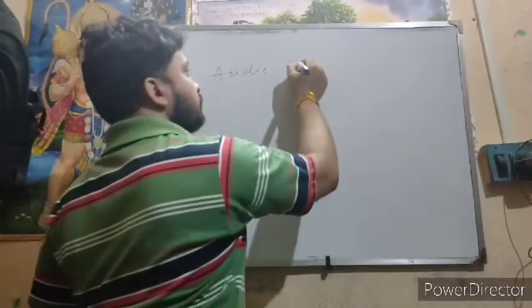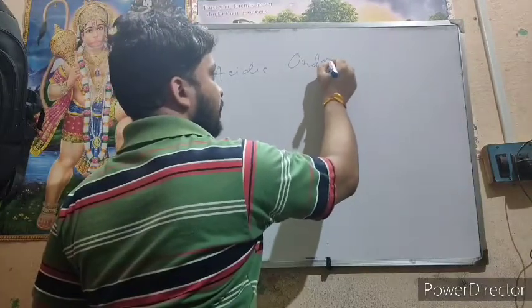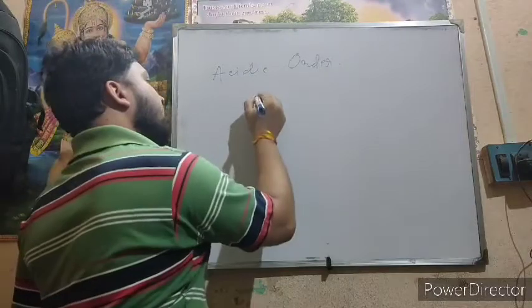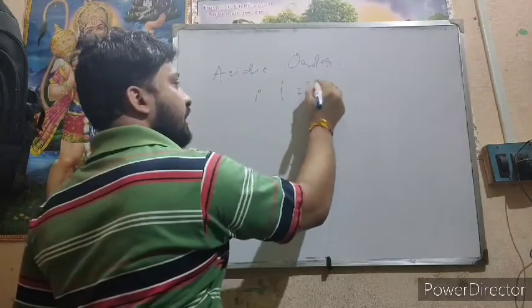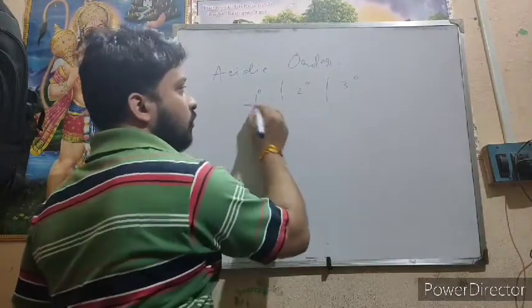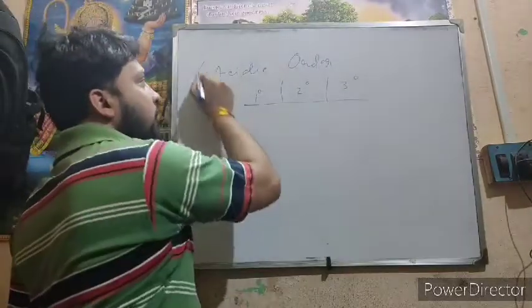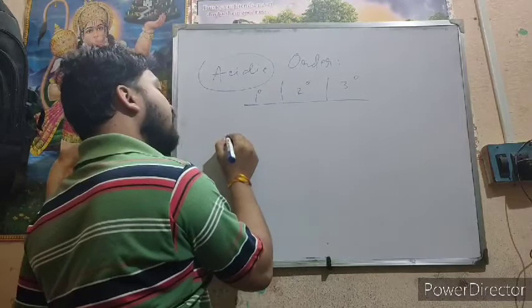Acidic order. Now the third question is acidic order. Acidic order: 1 degree, 2 degree, 3 degree alcohol. If we compare these alcohols, which is more acidic? 1 degree alcohol means